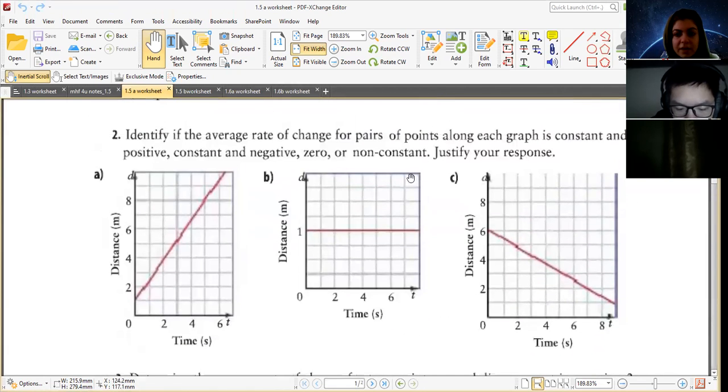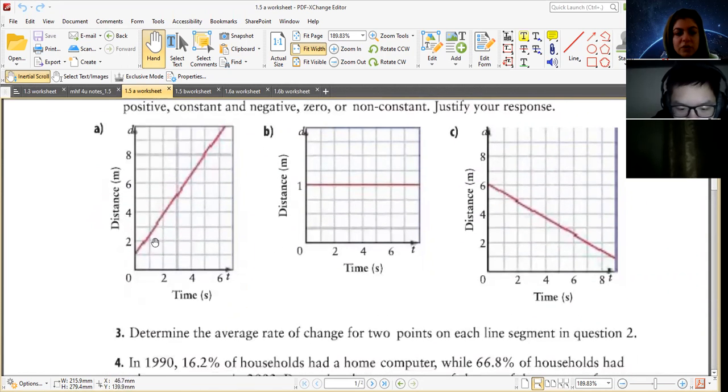And then you need to find the slope. Identify or change points. You take 2 points on the graph, right? For example,